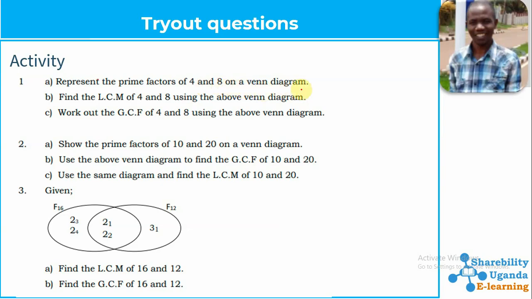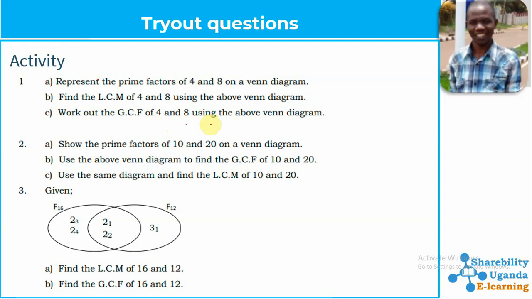So they want us to represent the prime factors of 4 and 8 on a Venn diagram. Then question B says, find the lowest common multiple of 4 and 8 using the above diagram, which is the diagram that we are going to draw. And they also say, work out the greatest common factor of 4 and 8 using the above diagram. Such numbers need you to have the concept of representing prime factors